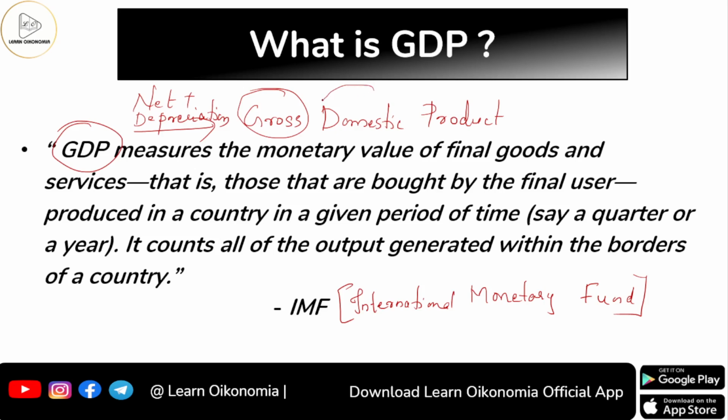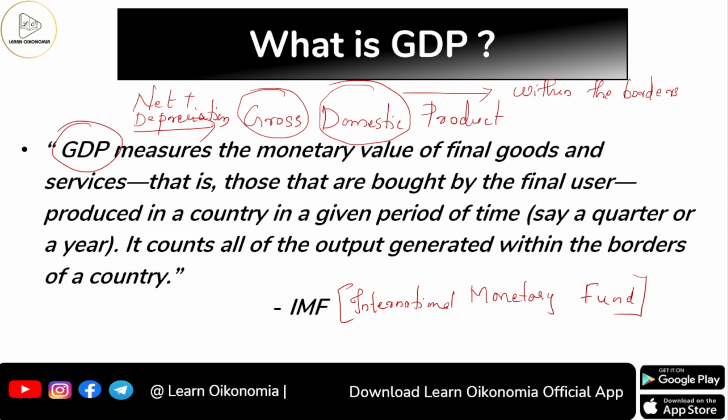Now, we do have something called domestic. What is it all about domestic? So domestic means within the borders. So whatever is happening within the political borders of a country, this is what is being taken. So when we say gross domestic product, we are adding the element of depreciation along with the net aspect, and that is why we are getting the gross. And when we say domestic, it is something which is different from the national product. Whenever we say domestic product, it is different from national product, because when we consider domestic case, we are just considering whatever is happening within the borders, within the political borders of a country.